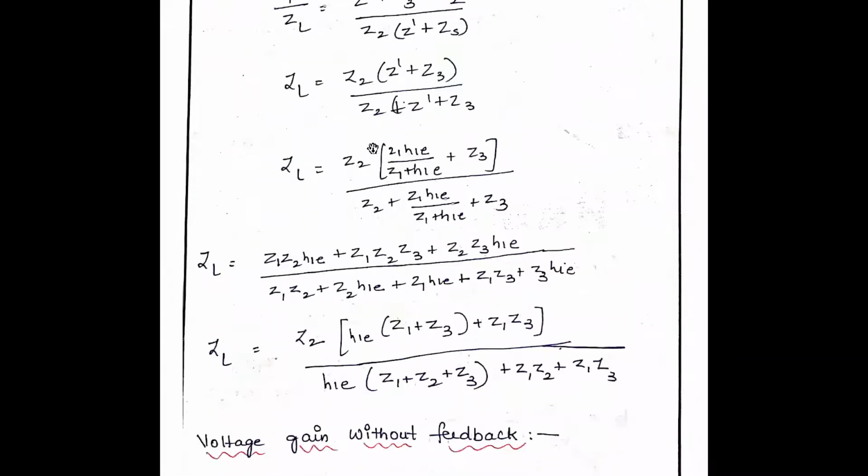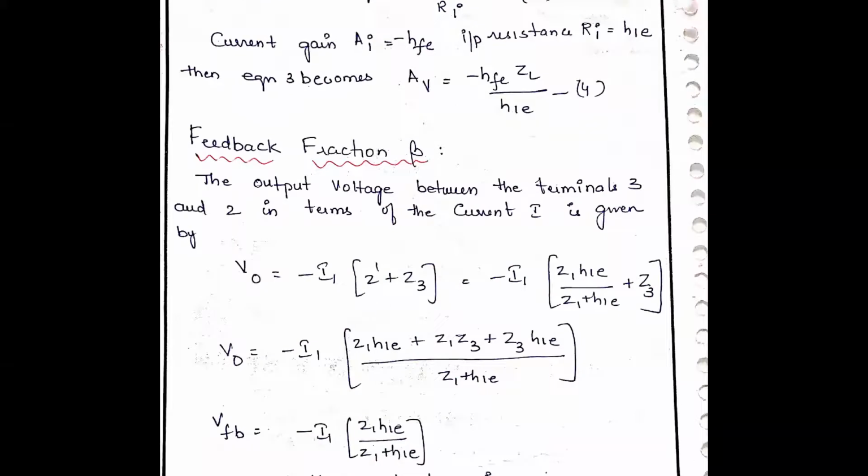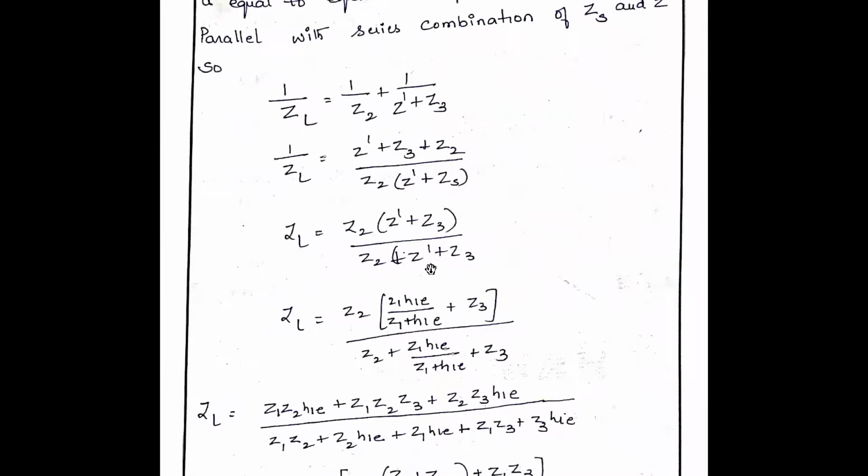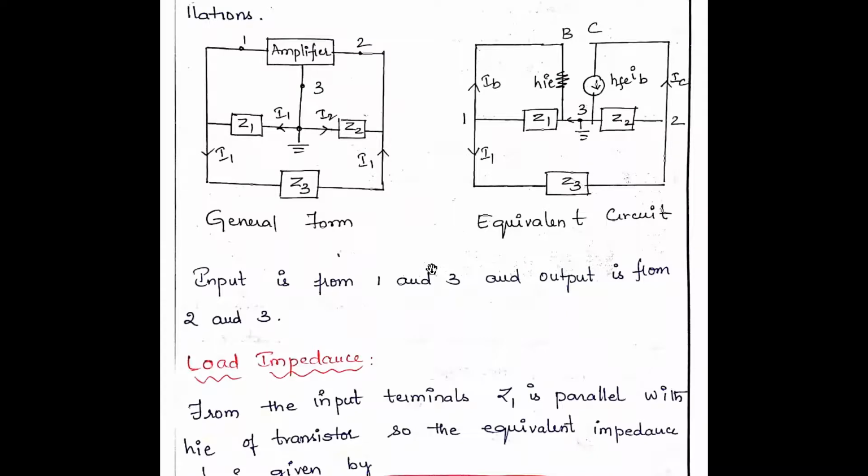Okay, so first let us discuss the expression for output voltage. The output voltage means the voltage between 2 and 3. Now for finding beta, it is easier. For finding voltage gain, we've got both input voltage and output voltage in terms of IB cancelled, we got the expression.